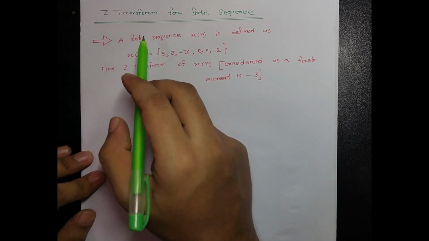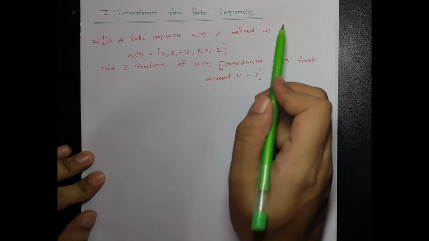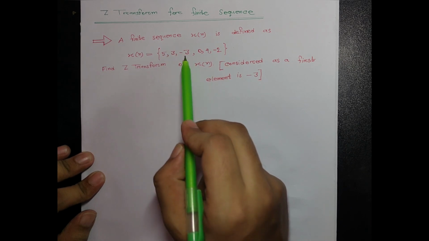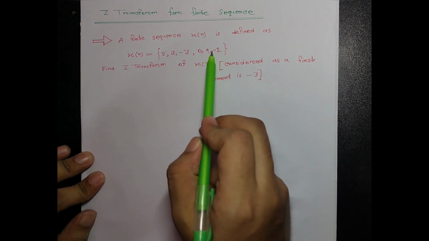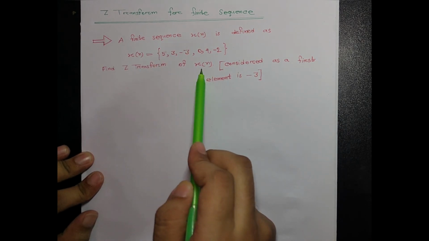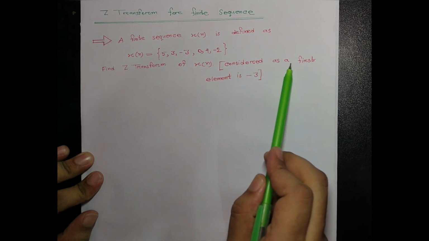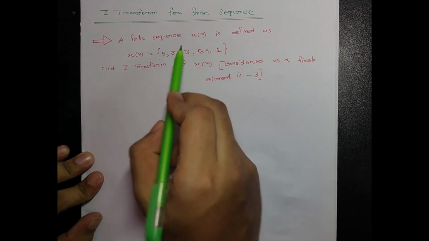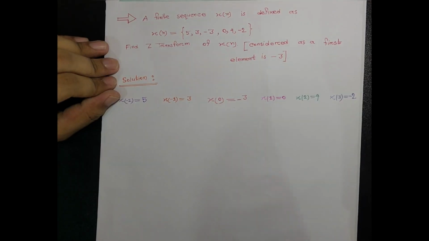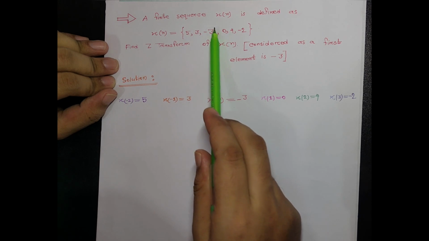The given problem is a finite sequence x of n defined as x of n equal to 5, 3, minus 3, 0, 4, minus 2. Find Z transform of x of n. Here we consider the first element as minus 3. So that means, as the first element is minus 3,